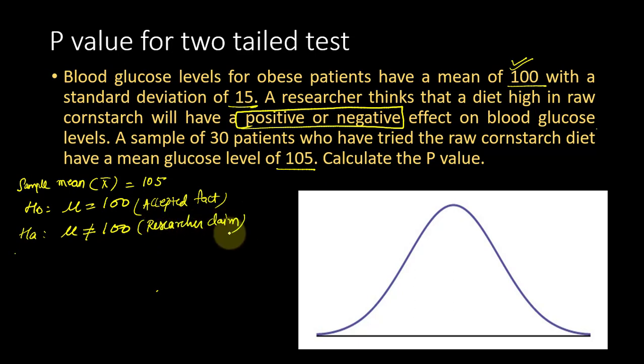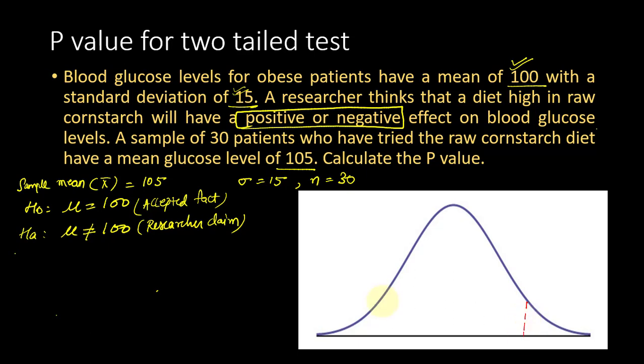Okay, and we are also being given that sigma, the standard deviation, is 15. From here, the standard deviation is 15 and the sample size is 30. Now we have already seen from the definition that the p value is the probability of obtaining more extreme data. Since it is a two-tail test, the area under both the tails would represent the probability of obtaining more extreme data. This we have seen in our previous slides.